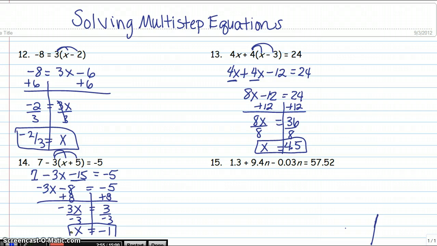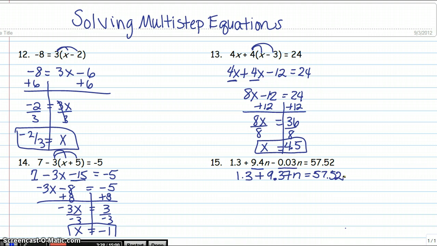And finally, an example with tons of decimals. Well, I don't see any distribution to be done because there are no parentheses, but I do see a combination of like terms that must be done. Therefore, I need to combine them. So I have 1.3 and then plus. If I subtract 0.03 from 9.4, I should get 9.37n. And then that equals